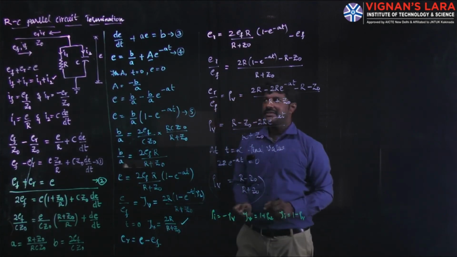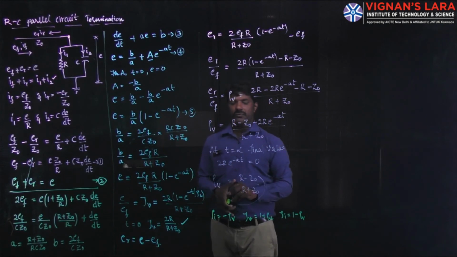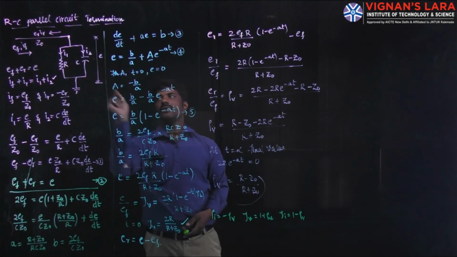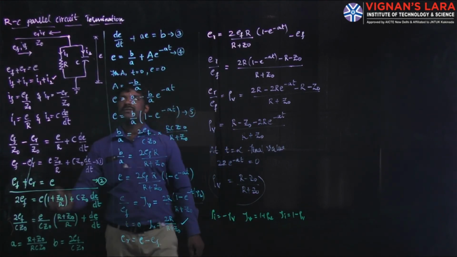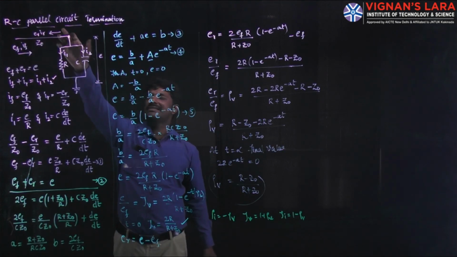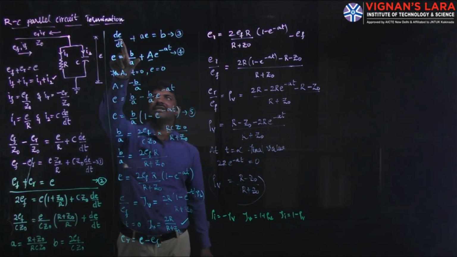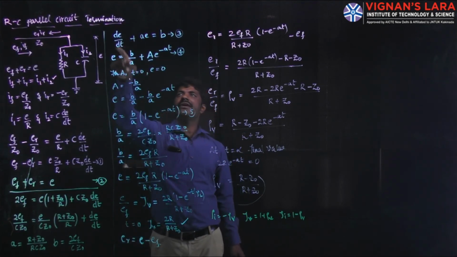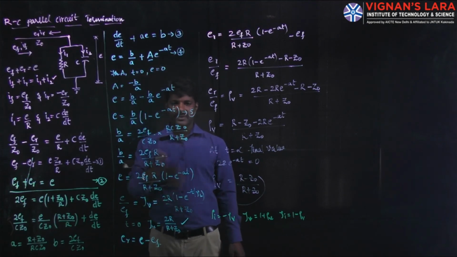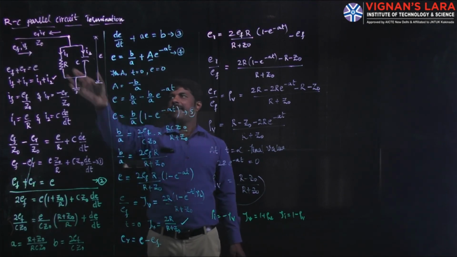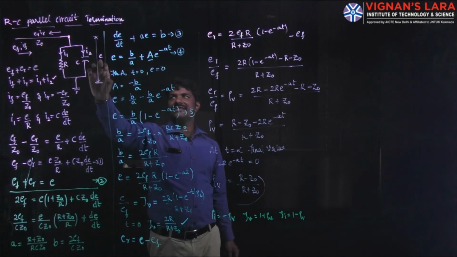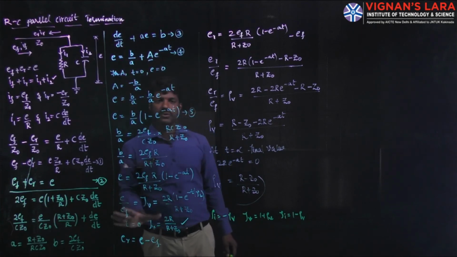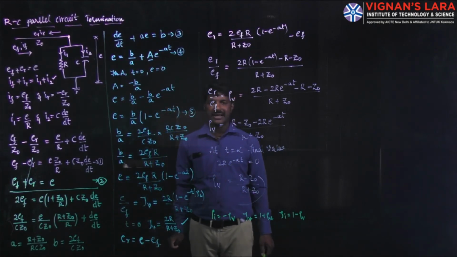So like this we can get the magnitudes of rho V, tau V, tau I and rho I for a parallel RC circuit. Here one small logic is to be identified. Previously the RL series circuit was analyzed and the differential equation we got was for current. In series the current is the same. That is why the current expression there was di by dt plus AI equal to B in the previous discussion. But now a parallel circuit is analyzed, and in parallel the voltage is the same. That is why the first order differential equation is in terms of voltage. Once these voltages are known, we can easily analyze the entire network.